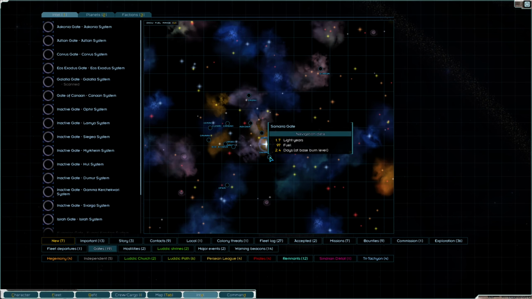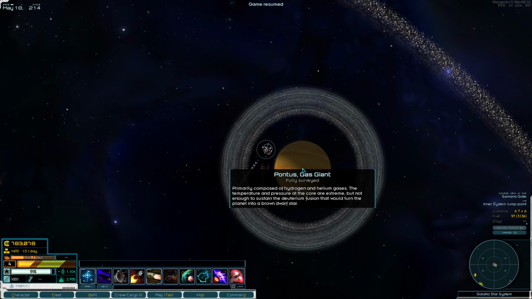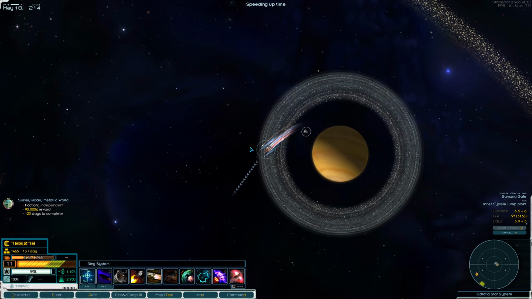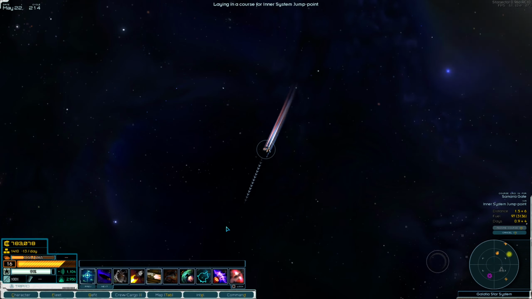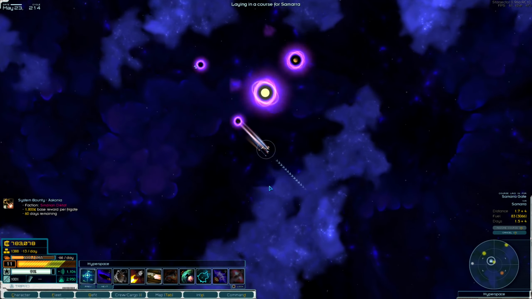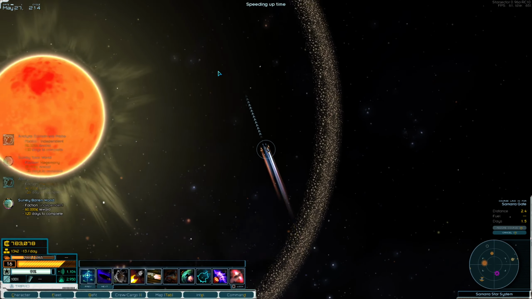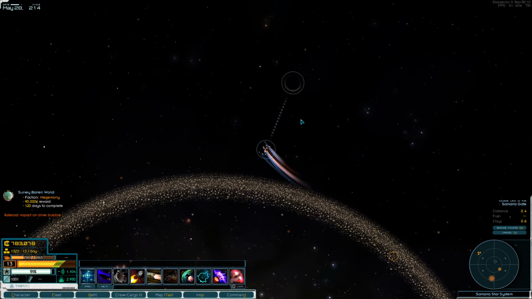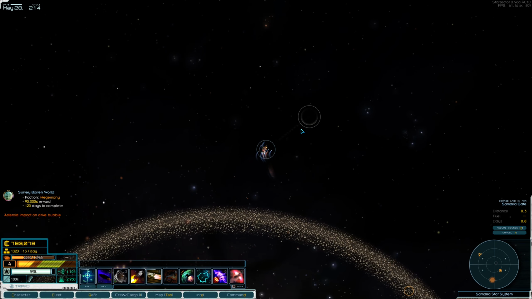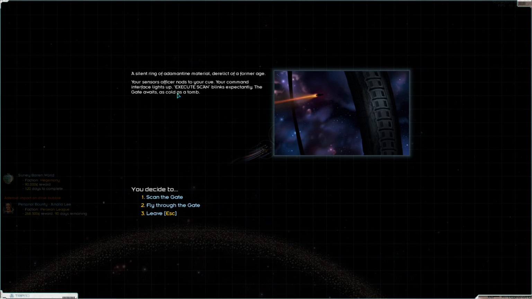So let's head down to, say, Samara. Pop down here, and let's see what we can do. Okay, here we are at the Samara gate, and luckily, this one has nobody orbiting it, so we are free to just come right up here and give a knock on the door, and we have a silent ring